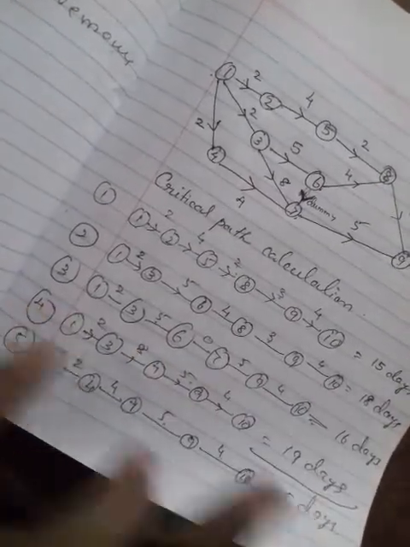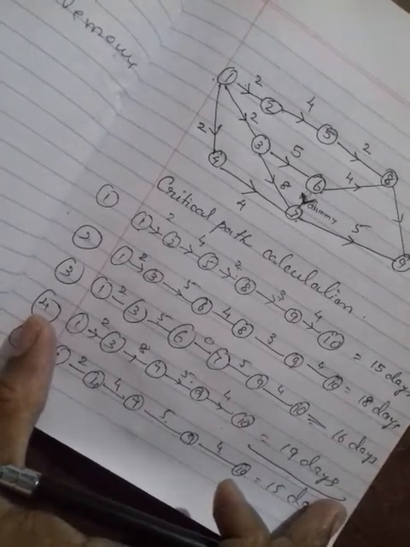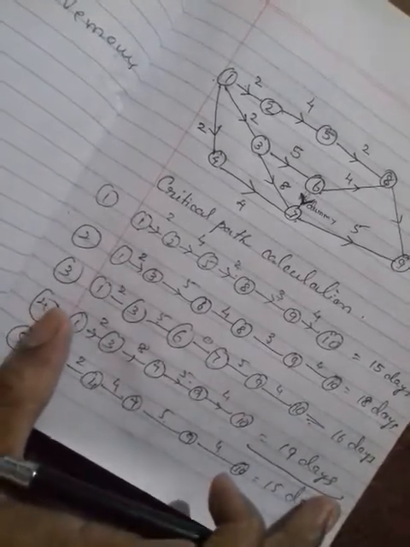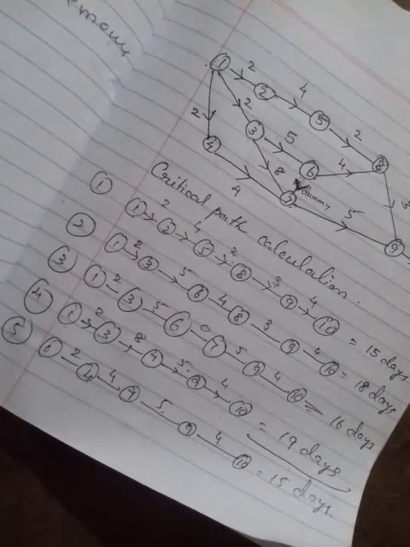So this is the longest time in the entire network diagram. Okay, the longest time in the entire network diagram is called the critical path. Okay, it is the minimum time by which we can complete all the activities with the given durations. So now we have identified our critical path calculations. So the longest duration we identified. So this is the longest time in the entire network diagram. Okay, hope you understand. Thank you.